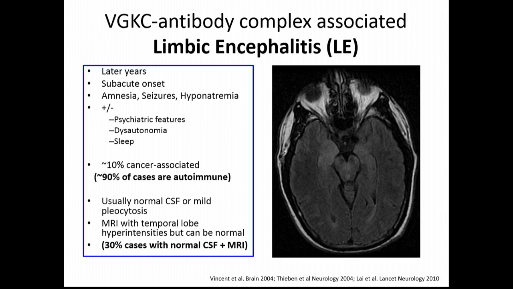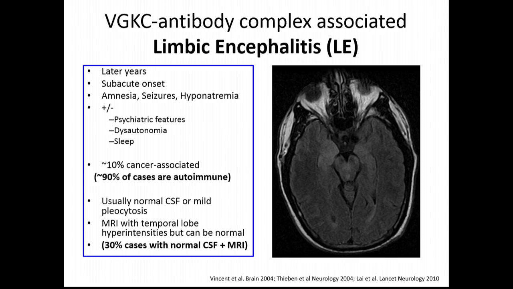VGKC, voltage-gated potassium channel, is an ion channel that's expressed on neurons in synapses, and it's been known for a long time that there were these clinical syndromes of what were seemingly autoimmune or paraneoplastic encephalitises, but it wasn't until the early 2000s that the antibody was first discovered. It was a radioimmune assay, a special type of test that pulls down the entire ion channel